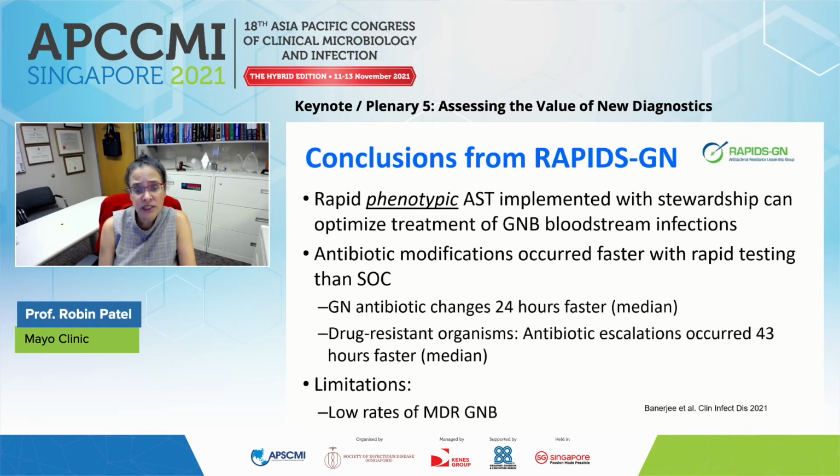For drug-resistant organisms, antibiotic escalations occurred 43 hours faster from a median standpoint. There was a limitation of this study. It was just 2 centers, and the rate of multi-drug resistant gram-negative bacilli was low. But I can tell you that based on these 2 studies, the BCID study and this study, which we call